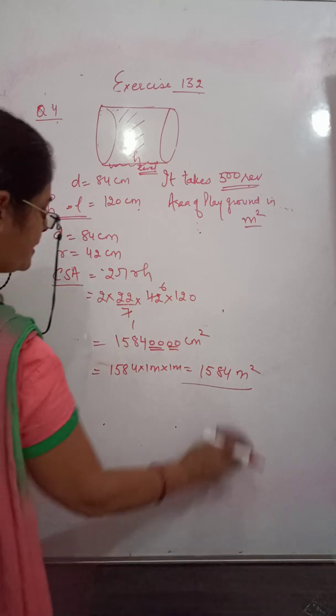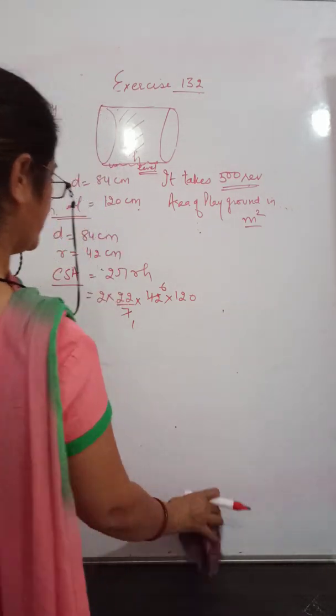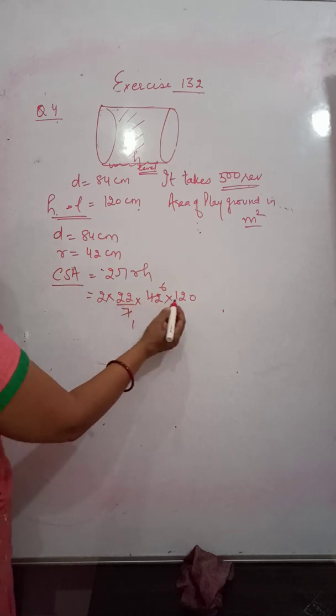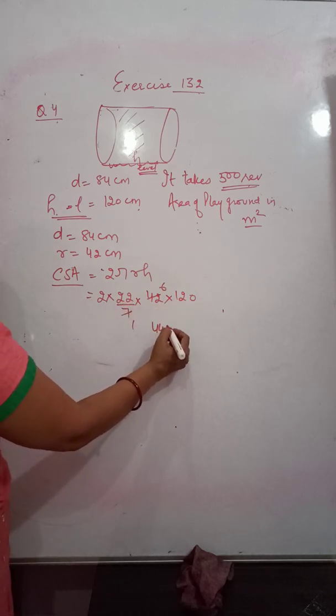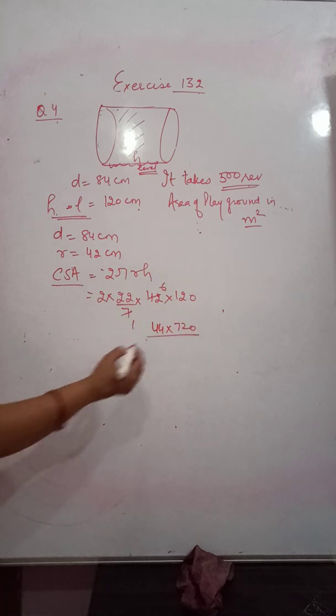Sorry, I am really very sorry. Just wait. Here what you will be doing, we will be multiplying. This is 44, this is 720. This I am getting. Centimeter